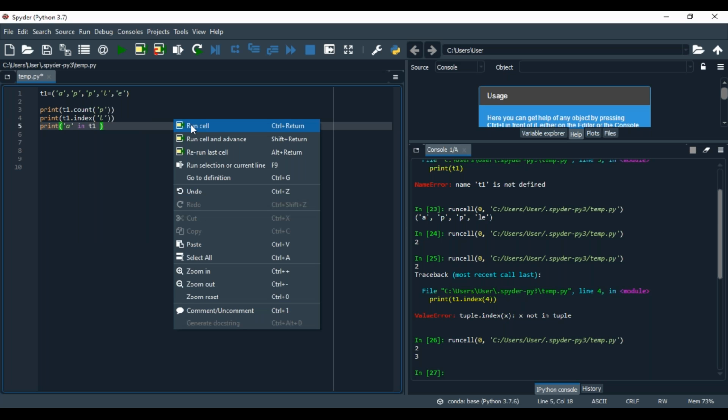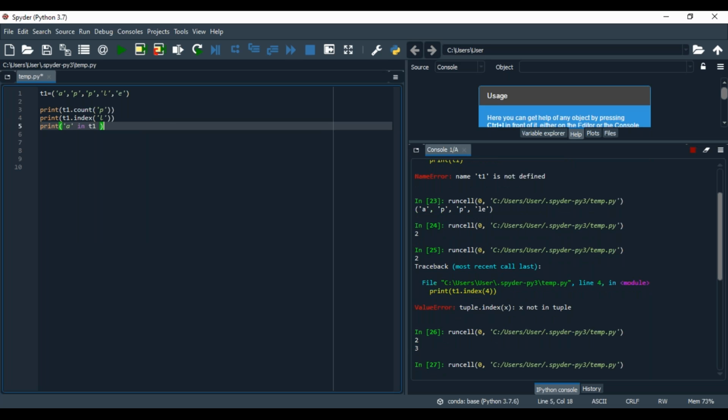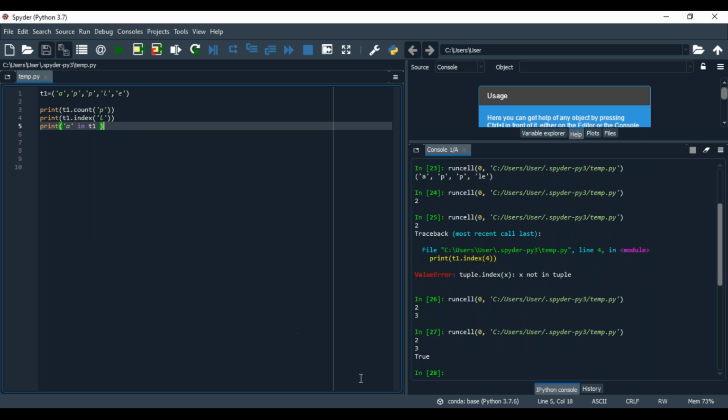Yes or no? See, true. The answer would be true here. So this answer is 3, and this answer is 2, right?